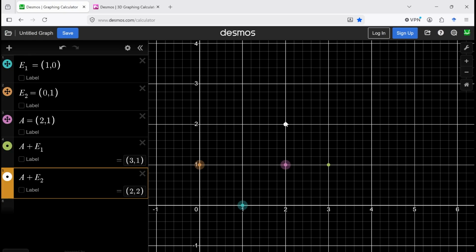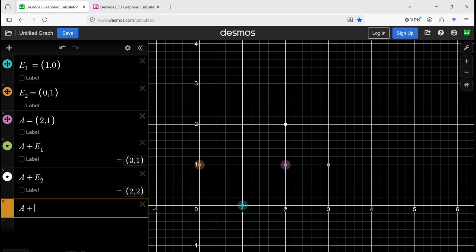Now we have a point above A at 2, 2. So as you can see, we've already created a triangle. Let's create the fourth corner of the square by simply adding A to E1 and E2. And there we have it. We have ourselves a square